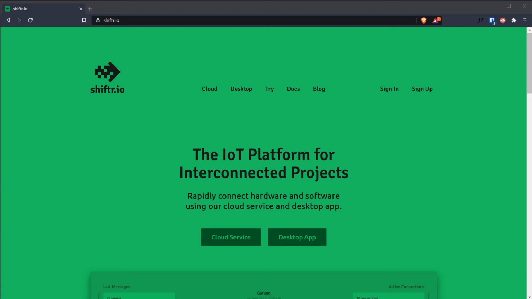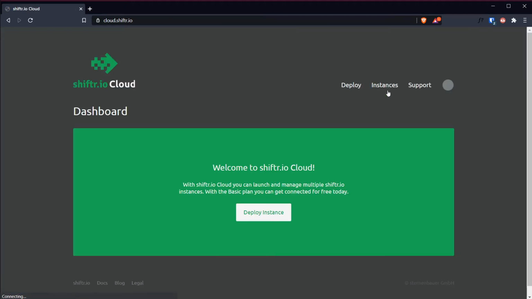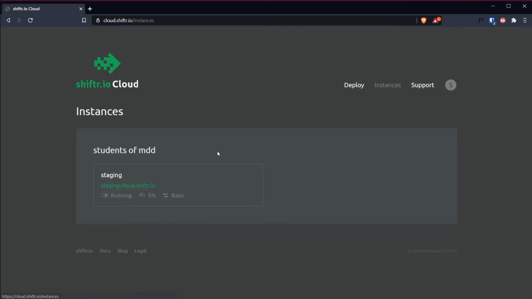So I'm going to sign in just so that you see what Shifter is like. I am already auto logged in because I have a password manager, and I've been here before, but the username and the password are in the slides that I shared with you. Let's all use the same account, and when you log into that account, you will see that there is